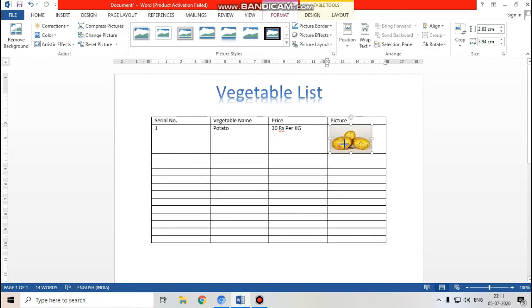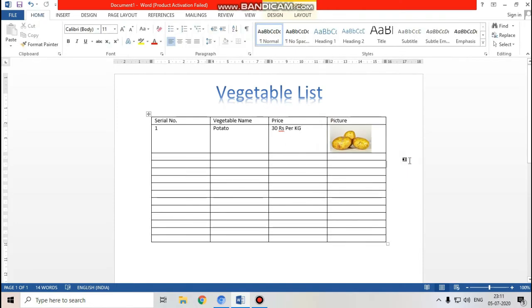You can resize like this. Okay. So you have to make a list and put it in the center like this. Now you have to create a table and you have to color it. I will tell you how you will color, but the important thing is, for the second vegetable I should take tomato. Be careful. Price is 100 rupees per kg.